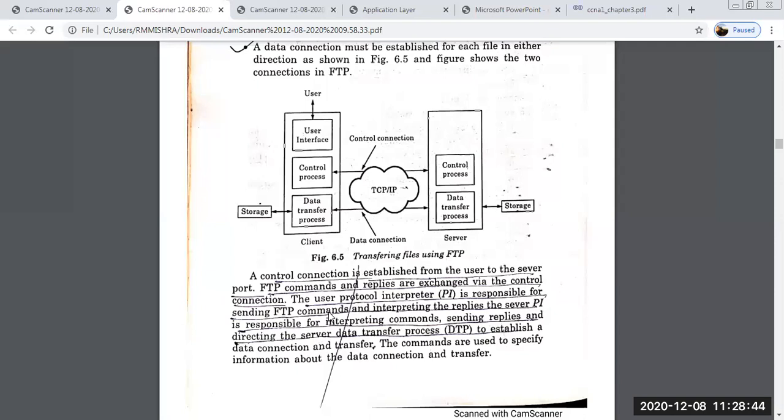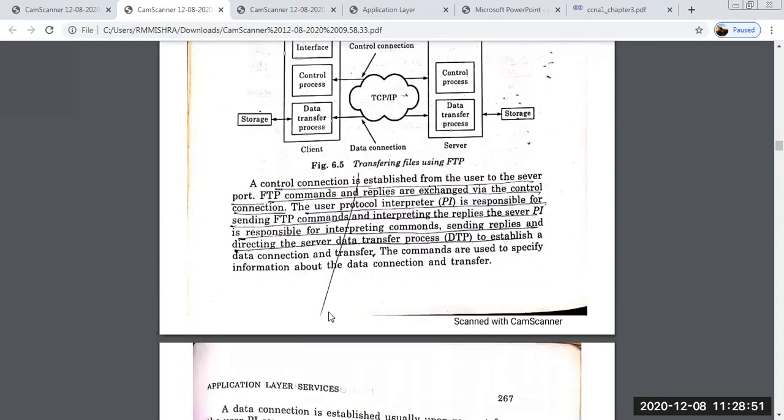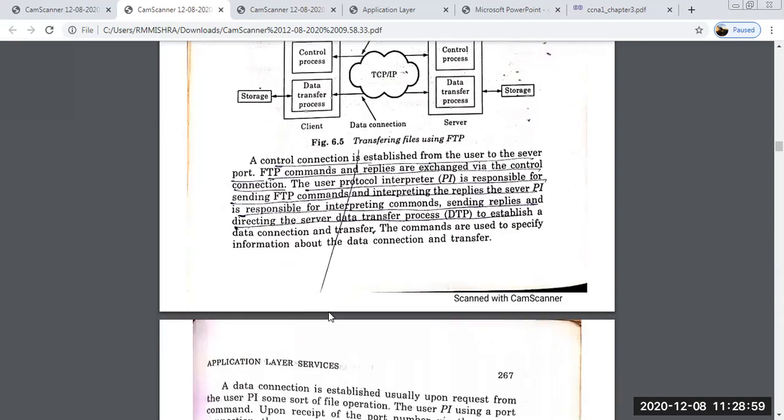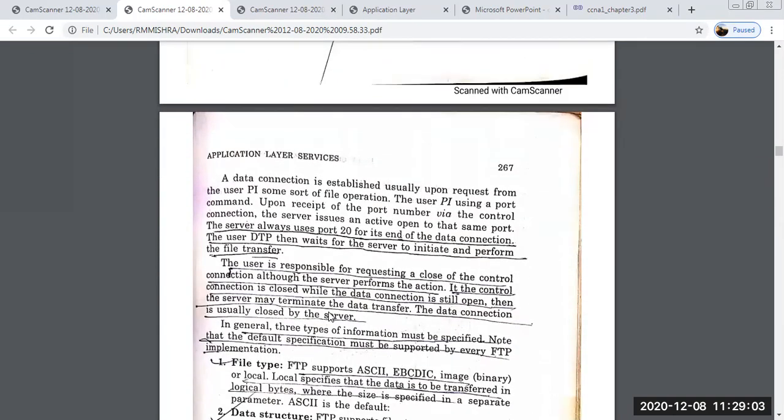So the commands are used to specify information. तो जो भी कमांड यूज हो रही हैं, that is used to specify information about the data connection and transfer. ठीक है। वो कमांड जो जितनी भी हम यूज कर रहे हैं वो स्पेसिफाई कर रहा है डेटा कनेक्शन एंड ट्रांसफर को। So a data connection is established usually upon request from the user. जब यूजर का पोर्ट इंटरप्रेटर जो है वो यूजर इंटरप्रेटर जब रिक्वेस्ट करेगा तभी डेटा ट्रांसफर होगा। ठीक है। Some sort of file operations are there. ठीक है। So user PI uses a port command. पोर्ट कमांड इज ए पोर्ट नंबर that is associated with this particular user request to the server end. Clear? So user PI using a port command